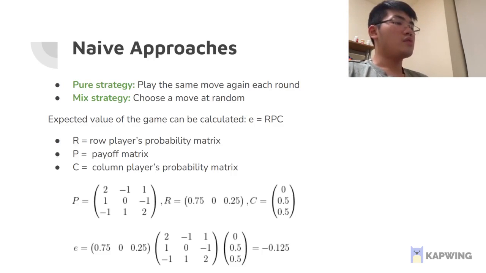They would prefer to go half of the time with the second move and half of the time with the third move. So we know the payoff matrix, and we know the row and column players' probability matrices. We can calculate the expected value that the row player is going to gain from this state of the game, and that value is -0.125,